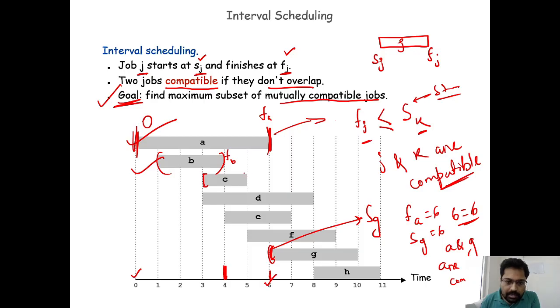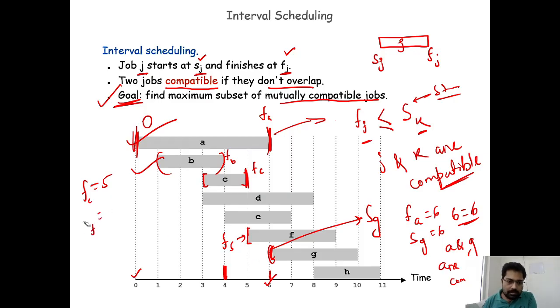Okay, in this case, if I'm keeping c, so this is f of c, and I have to consider only f of f, which is, here you can say f of f. Here f of c is 5. Why? Because you can see this straight line. F of c is 5 because it finishes exactly at 5 seconds. Let us take this as seconds. Next, f of f that we recently discussed. This is f of f, suppose. And for f of f,